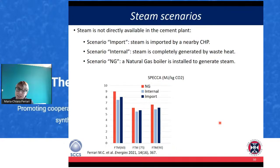In the case of the internal scenario, our steam is completely generated by waste heat inside the plant. For the natural gas boiler scenario, we are building a new natural gas boiler in our plant to generate the steam that is required. If we look at the 3 different scenarios now and the SPECCA for the 3 different scenarios at